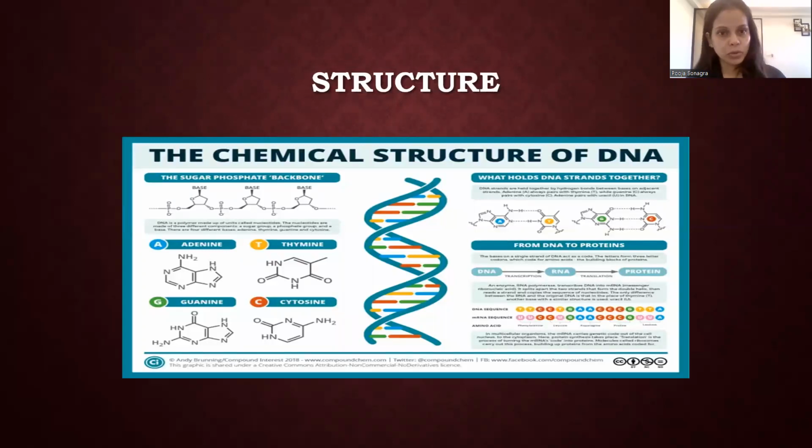Coming to the chemical structure of this DNA, this is how a sugar and phosphate make up the backbone, and the bond formation that takes place here is the phosphodiester bond. And if we see adenine and guanine, these two are the purines, and thymine and cytosine are